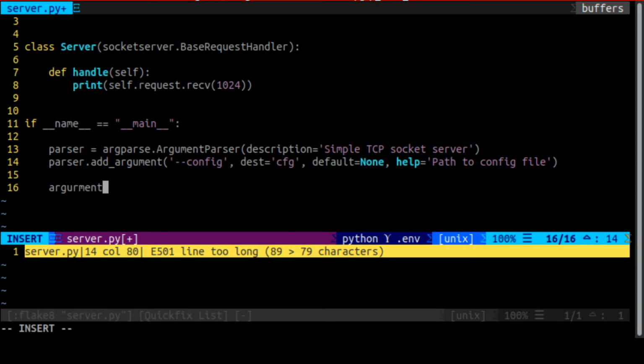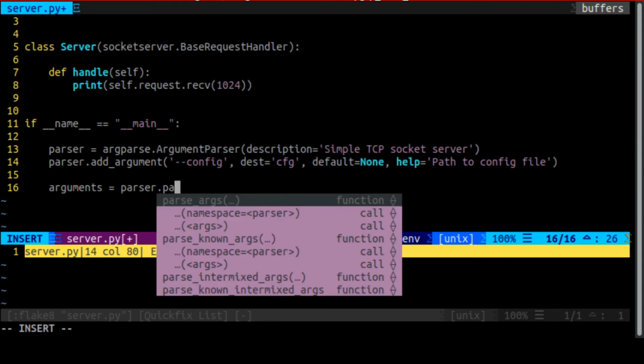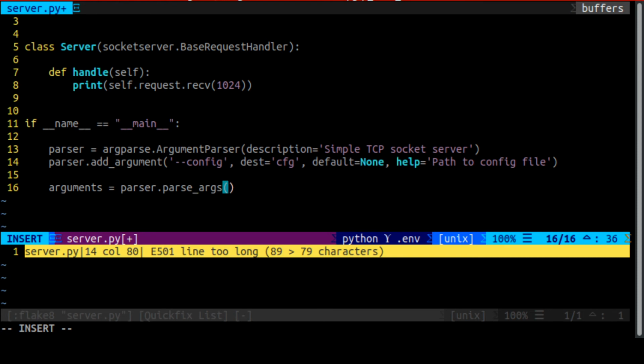Now, our arguments, let's call them arguments, is the object that our parser sends the parsed arguments. And it might be a good idea to check if we pass the config. It might not be a good idea to proceed with the processing otherwise. So as we mentioned here, the destination is CFG. So we check if our arguments CFG are not available, if we don't have them, we should print some message which should say, let's say, missing config, right? That's accurate. Missing config. And we should exit,